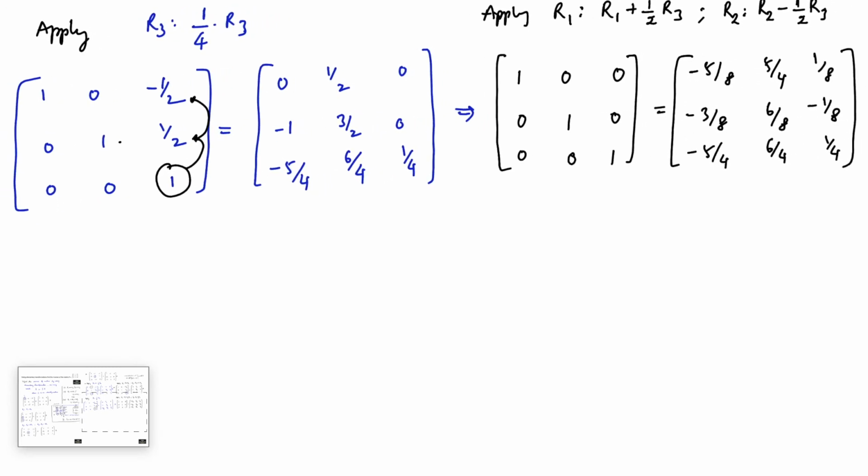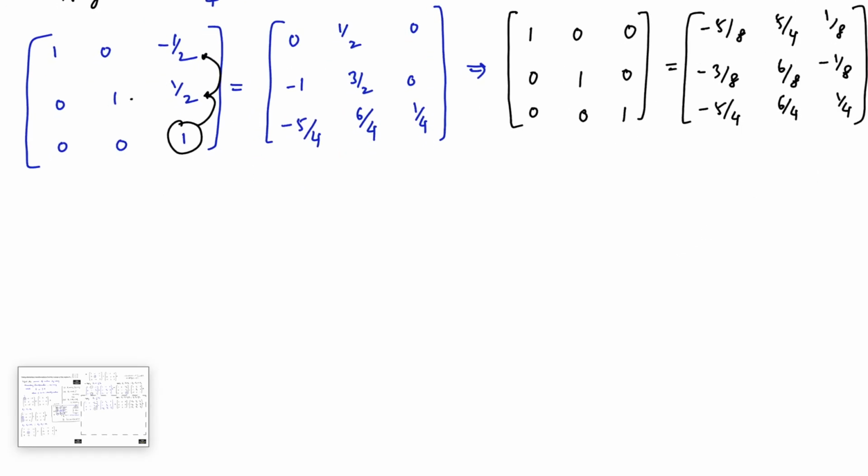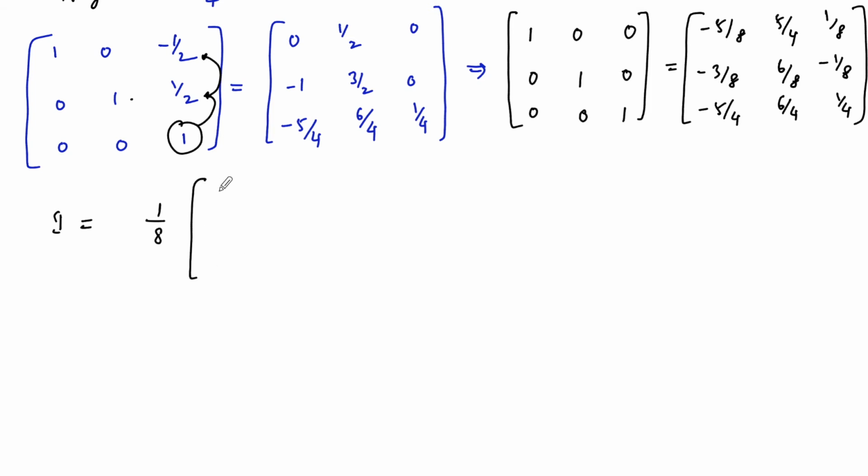So into A. So finally we got it. The left side identity matrix I is equal to, and if I take out 1 upon 8 common, so I can write this is minus 5, and here it comes 10, plus multiplying with 2, and here 1 minus 3, here 6, and here minus 1, so minus 5, and here it comes 12, and here it comes 2.